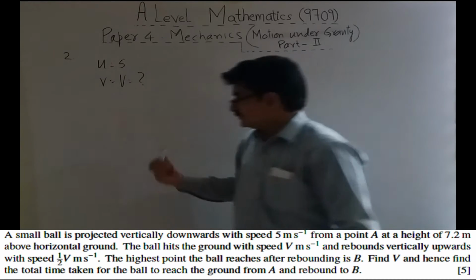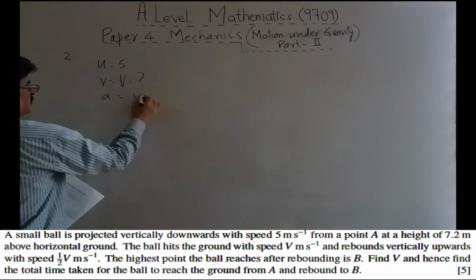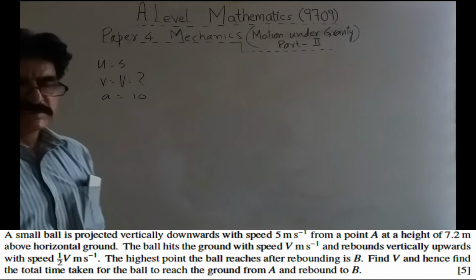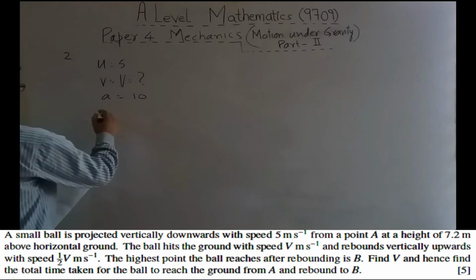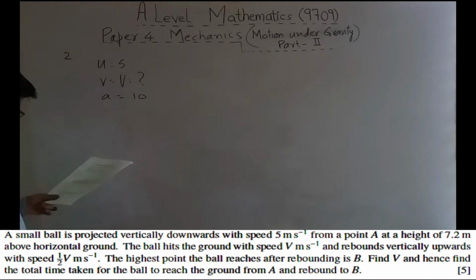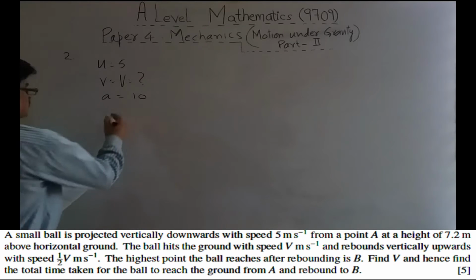And next, we know it's downward motion, so acceleration is 10. We are only considering downward motion, so acceleration is 10. Initial velocity is positive, it means downward direction is taken as positive. So acceleration will be 10, and you are asked to find the final velocity, and we are given the distance